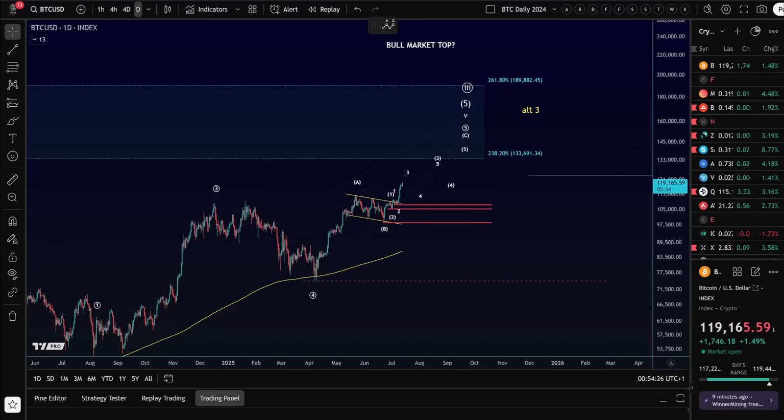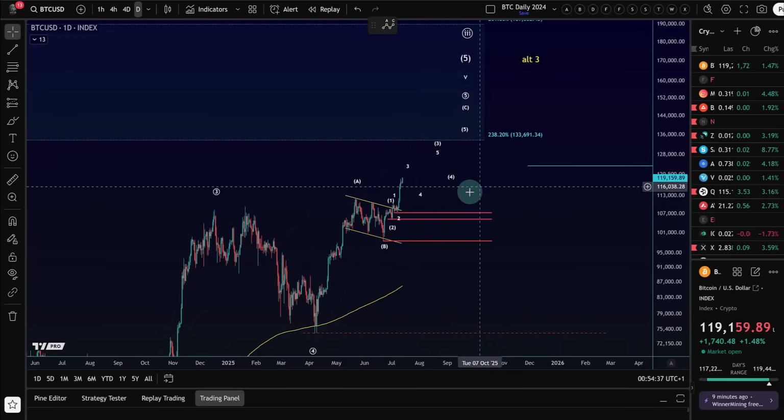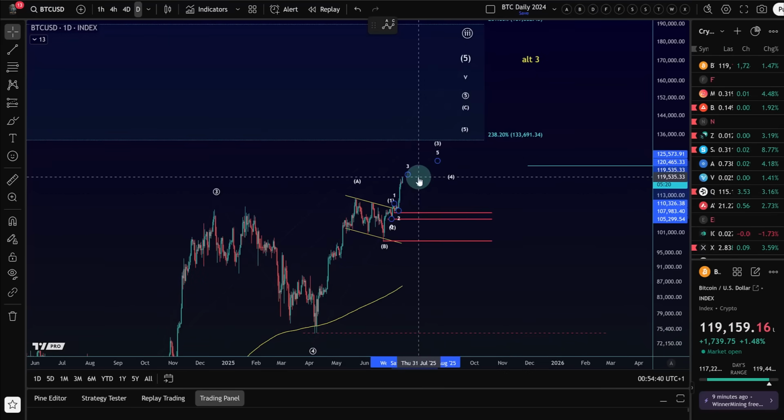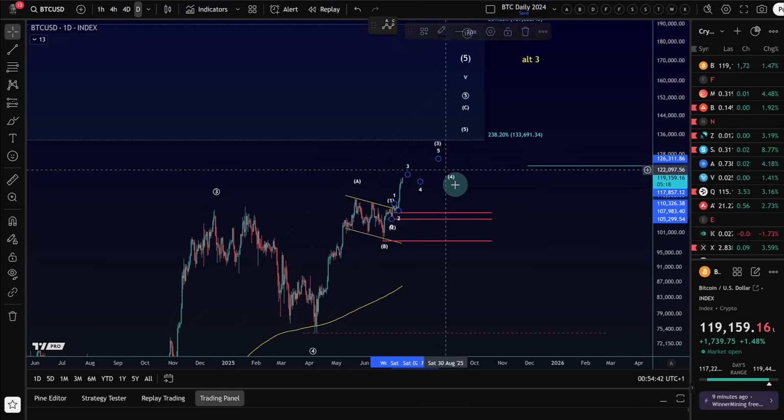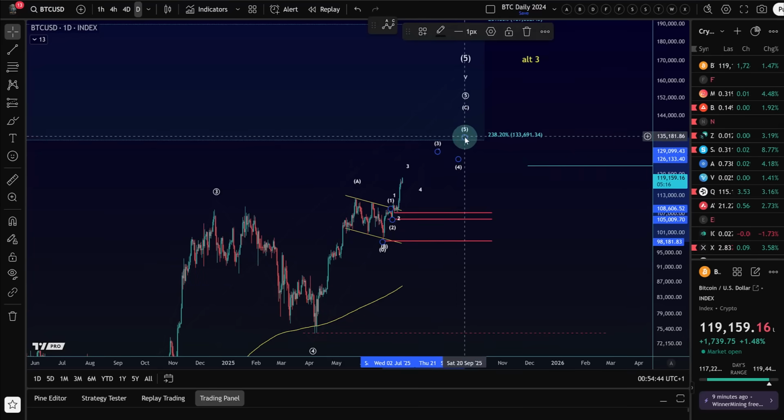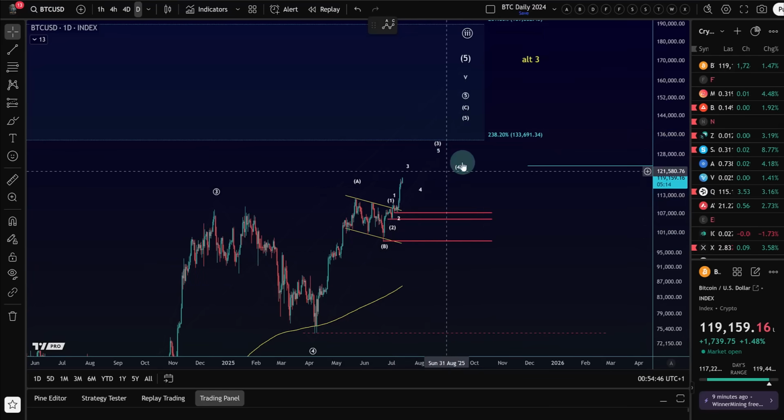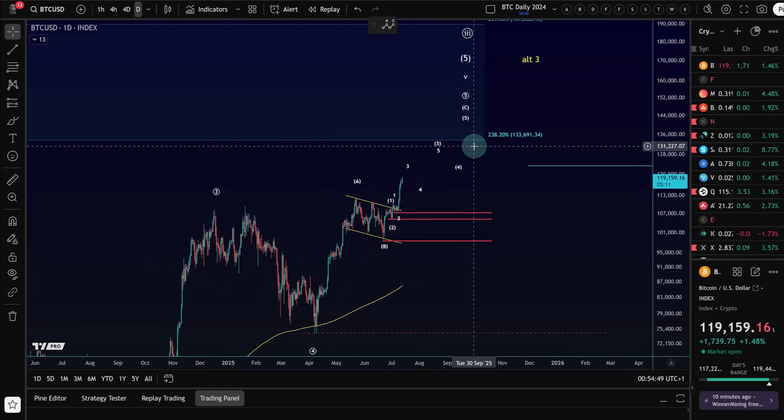Bitcoin seems to be motivated. Bitcoin is on its way higher and possibly still on its way to 130K. That perspective hasn't changed, but I want to highlight something once more. I will probably post it on X as well, so everybody can see it. The microstructures have really good confluence in the area around 130K. So there are various higher degree targets pointing to 130K, as well as the microstructures kind of allow us to